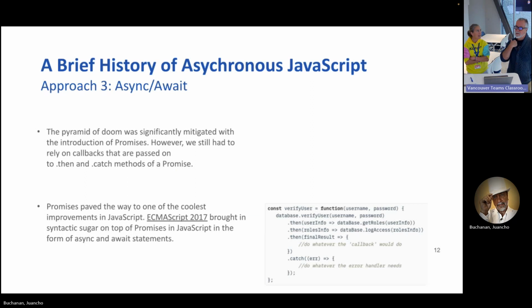Oh, is this a better way? Well, so we did have promises. We still have to rely on callbacks that are passed to then. But we want to be able to wait for something. Oh, so there's a little bit more of a coordinated. Yeah, and really explicitly identified, hey, I'm waiting around for you. Okay, that sounds good. I recognize that in some of the pthread programming too. This is great. Okay, cool.